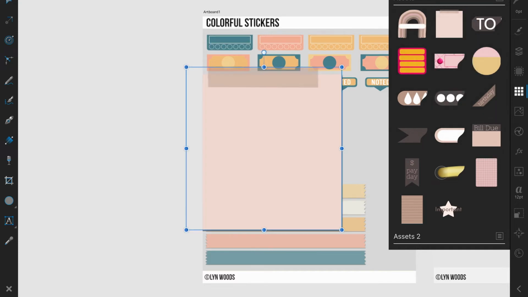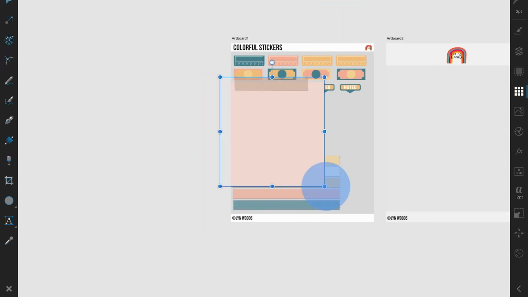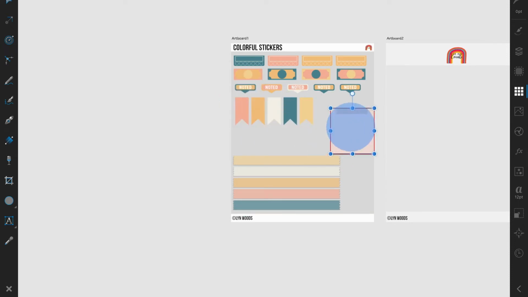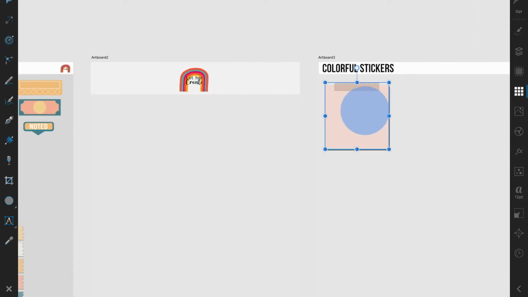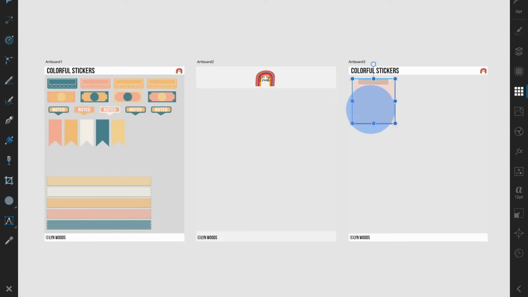So here's a piece of notebook paper or sticky note that I made. And a lot of times I just find it's easier to kind of have another sheet. This sheet I won't use because it doesn't look like the first one. I'll save that for another sticker set, but